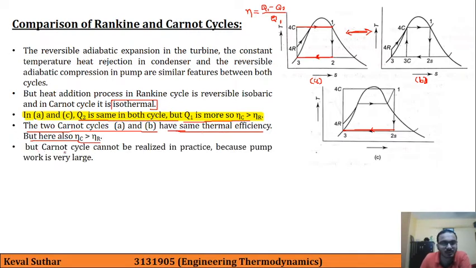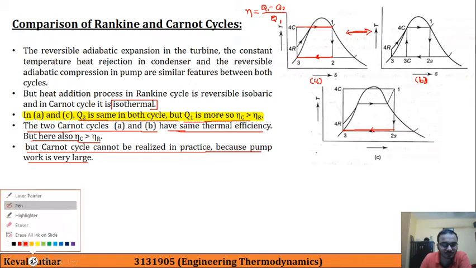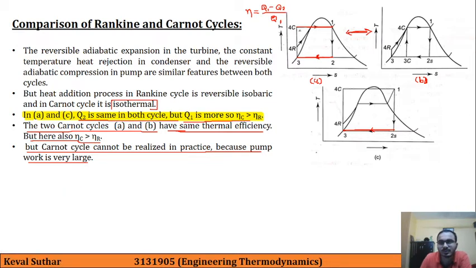But the Carnot cycle cannot be realized in practice. The Carnot cycle cannot be realized in practice because the pump work is very large in case of Carnot. Why? Because here if you focus on this portion, that is 3 to 4C,